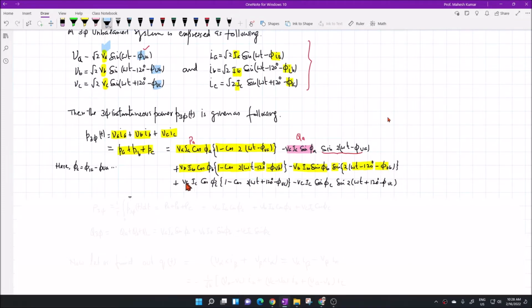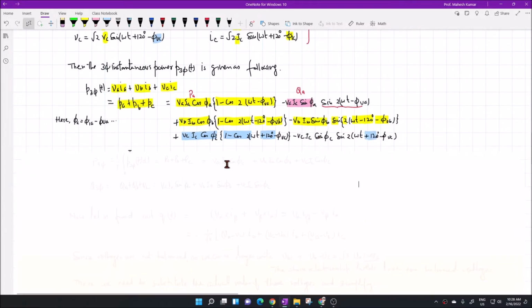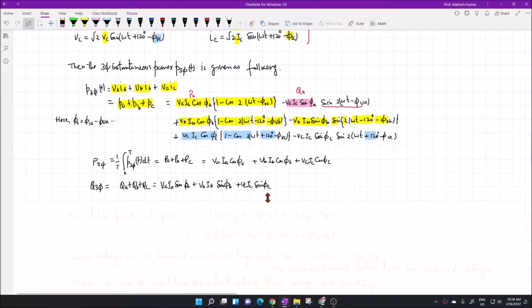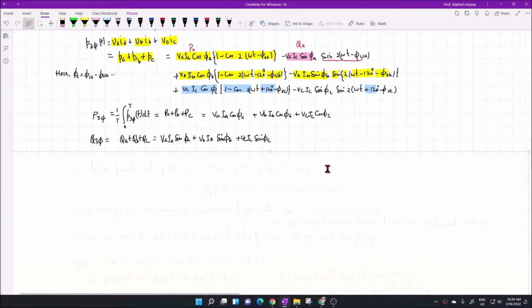Then for phase C, V_C I_C cos phi_C (1 minus cos(2 omega t plus 120 minus phi_C)), and again minus V_C I_C sin phi_C sin(2 omega t plus 120 minus phi_C). You can see here there is no longer any cancellation of terms. However, the average value of this power,